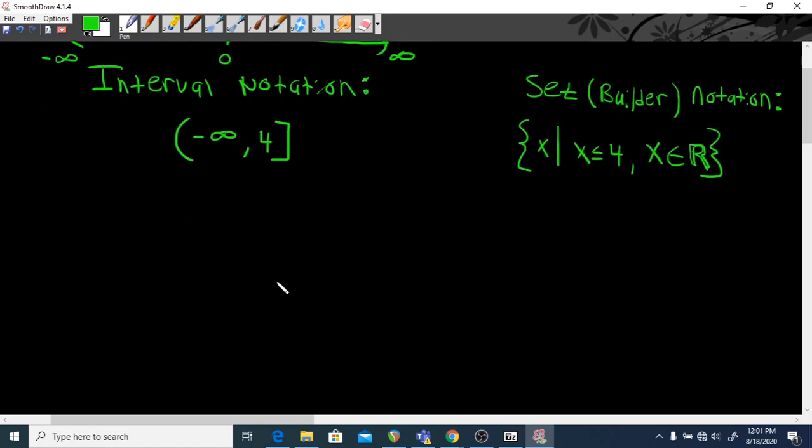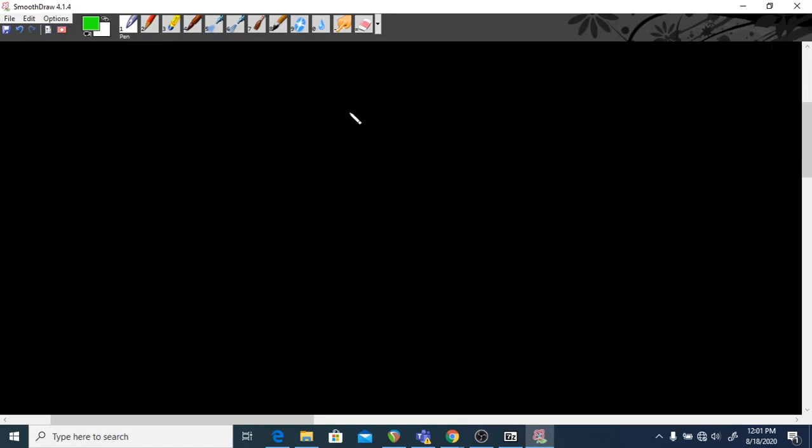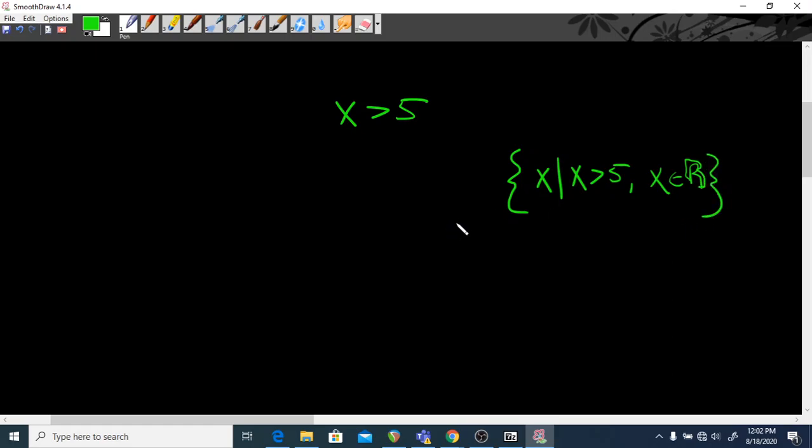Let's look at a couple more. Let's say we have the following statement: X is greater than 5. Okay? So in set notation, we would say that this is the set of all X's such that X is bigger than 5 and X is an element of the real numbers. Unless otherwise specified, we're going to be working with real numbers. So this is in set notation. And then in interval notation,